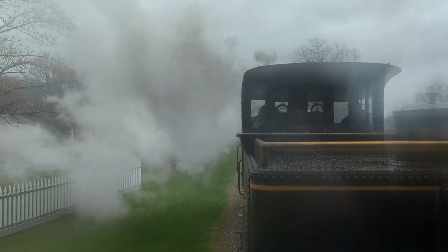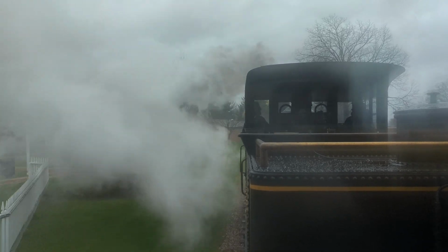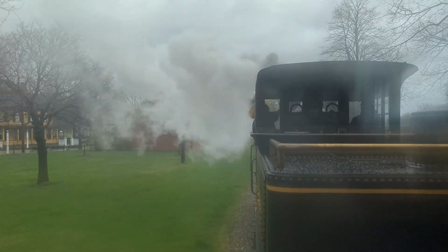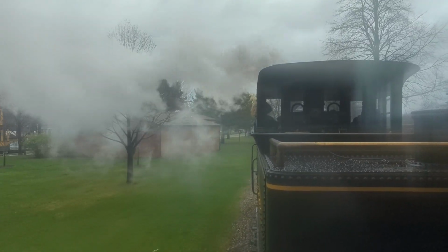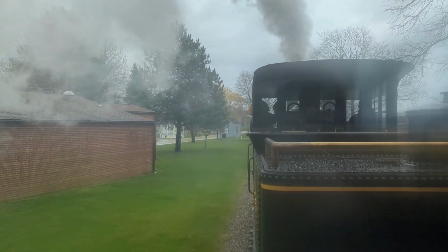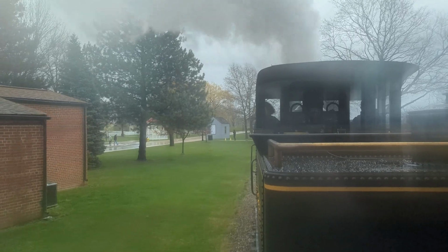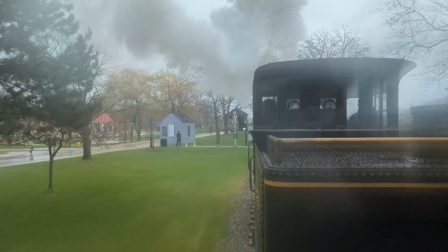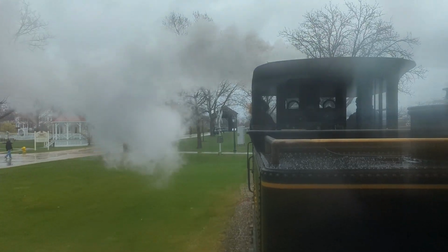Now if you look to your left across the street, the old building is the Sarah Jordan boarding house. This is where all the single young men that worked for Edison would stay and live. That was one of the first few buildings. Next to it is